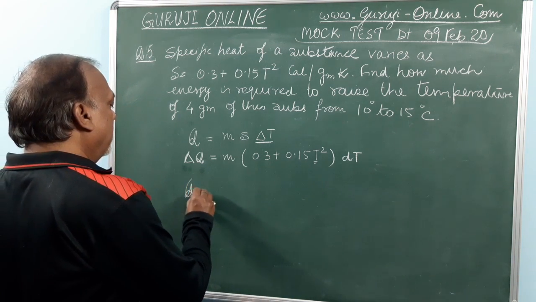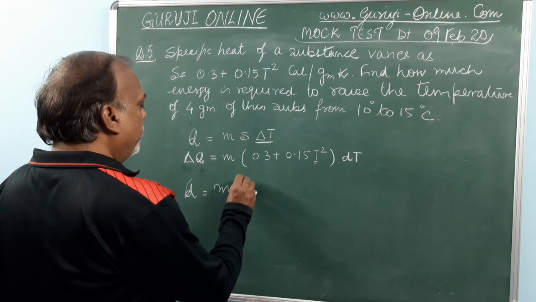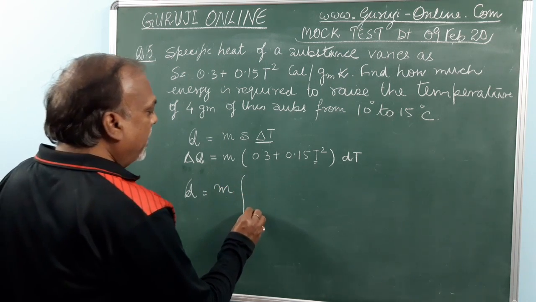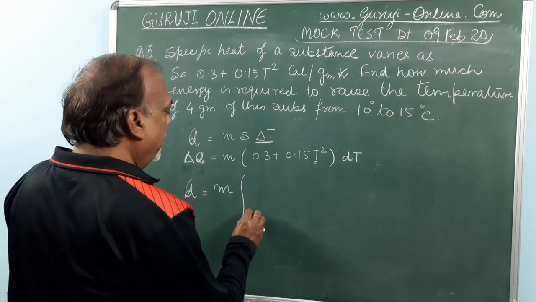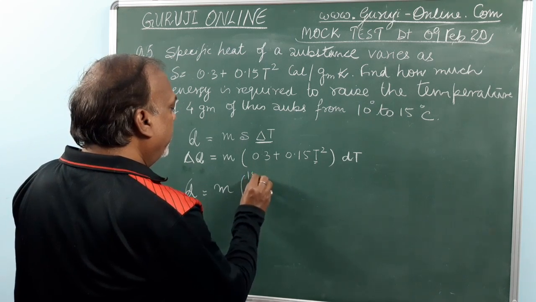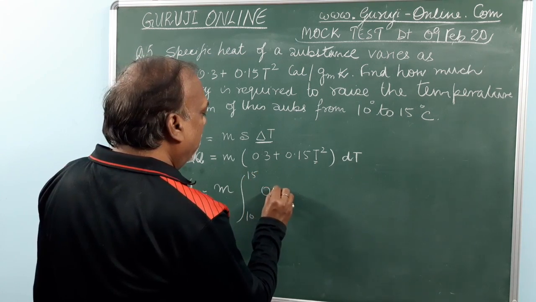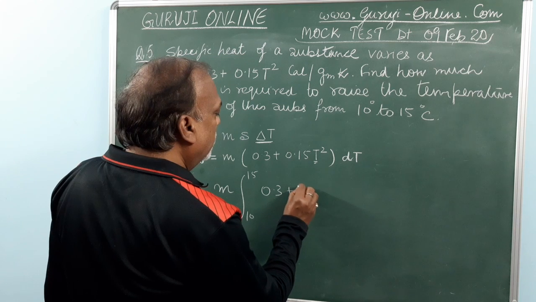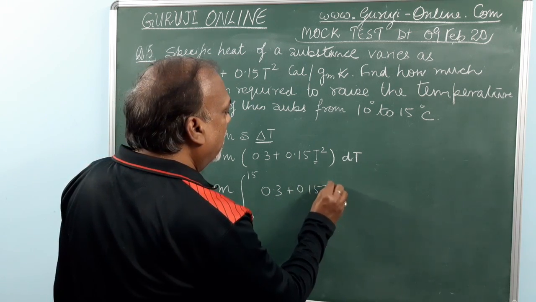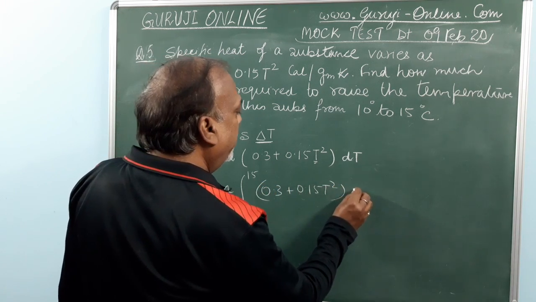Naturally Q will be nothing but, if this is your 10 degree to 15 degree, 0.3 plus 0.15 T square, your dT,